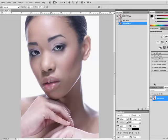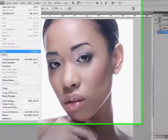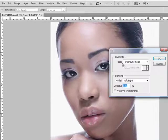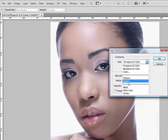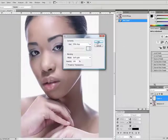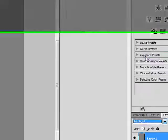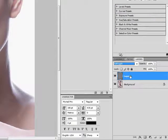The first step you want to take once you've completed retouching your image is to create a new layer. Select Edit from the menu, select your fill, and make sure you select 50% gray. You want to change your blending mode to soft light. Duplicate this layer,